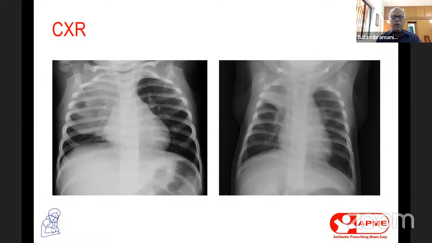Now you have two X-rays, the one on the left and one on the right. The left shows a homogeneous opacity. The right also shows a homogeneous opacity, but there's a difference between the two. In the right X-ray, you find that the interlobar fissure is pulled up, and here it's a homogeneous shadow. So both children have respiratory distress, but here, when there is a homogeneous consolidation like this, it's bacterial. On the other hand, the one on the right with the pulled up minor fissure suggests that it is more of an upper lobe atelectasis due to a viral infection than pneumonia.